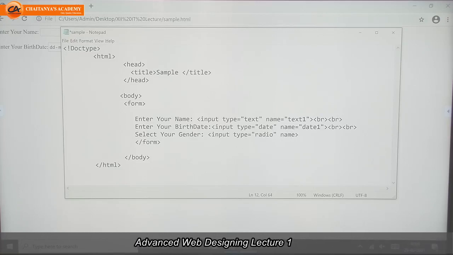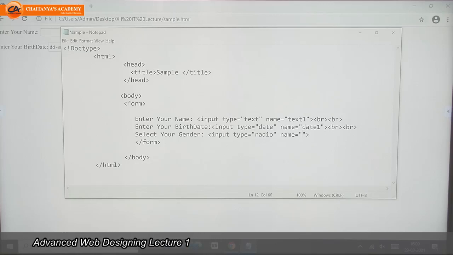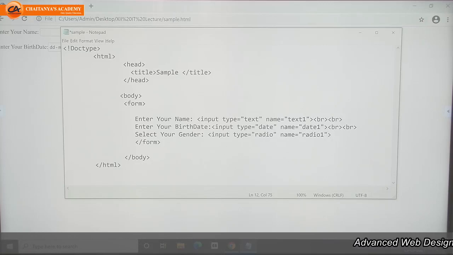Name equal to radio 1. Whatever label I want to display, I will write here: Male.